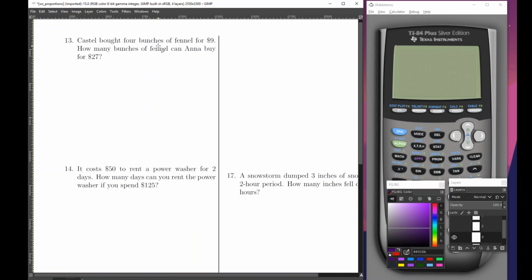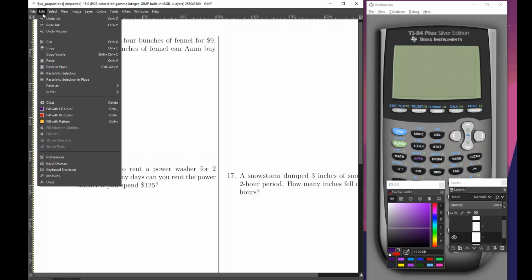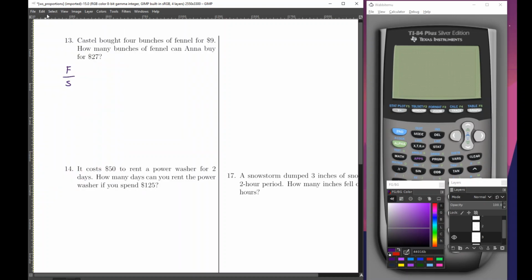Castell bought 4 bunches of fennel for $9. How many bunches of fennel can Anna buy for $27? We're looking for how many bunches. This is going to be fennel over dollars, and that's equal to, first I'm going to do, actually, give myself a little bit more space here. I'm going to move this down. It's going to be F,